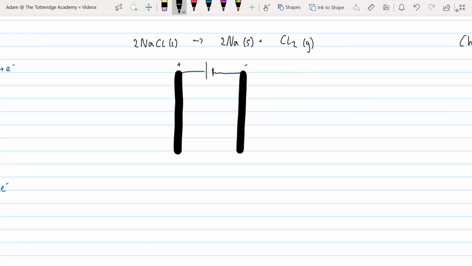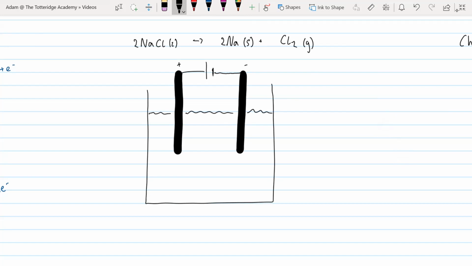What is the name for the positive electrode? Call out your answer on 3. 1, 2, 3. Anode. And what is the name for the negative electrode on 3? 1, 2, 3. Cathode. Good. I put these in a nice big beaker. And inside the beaker, I put